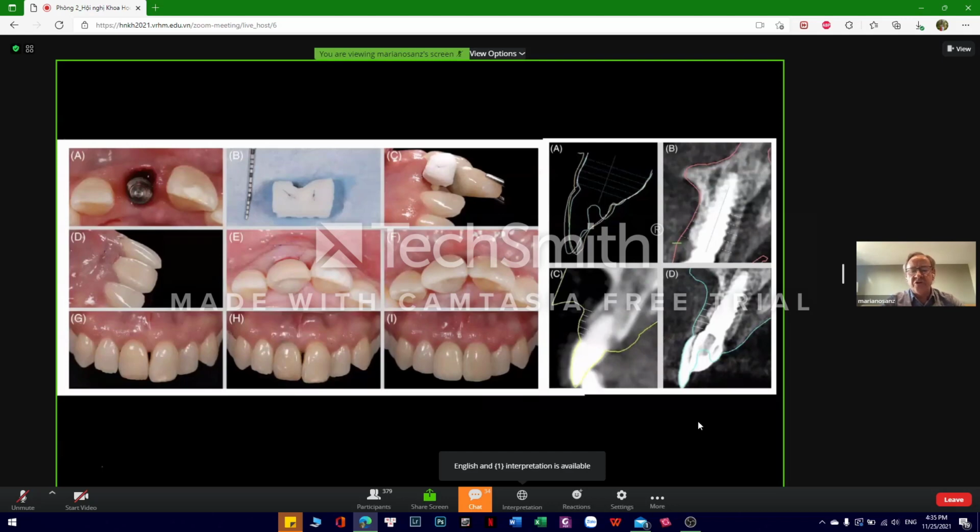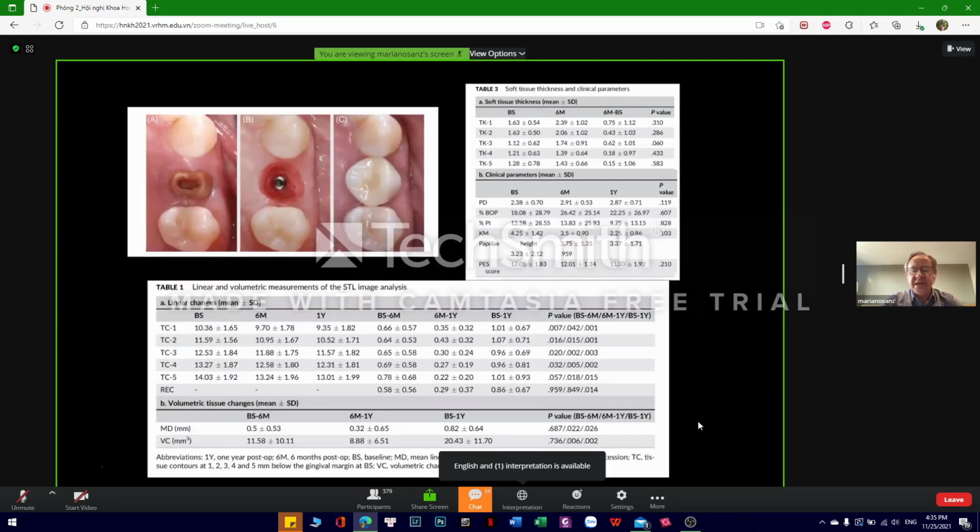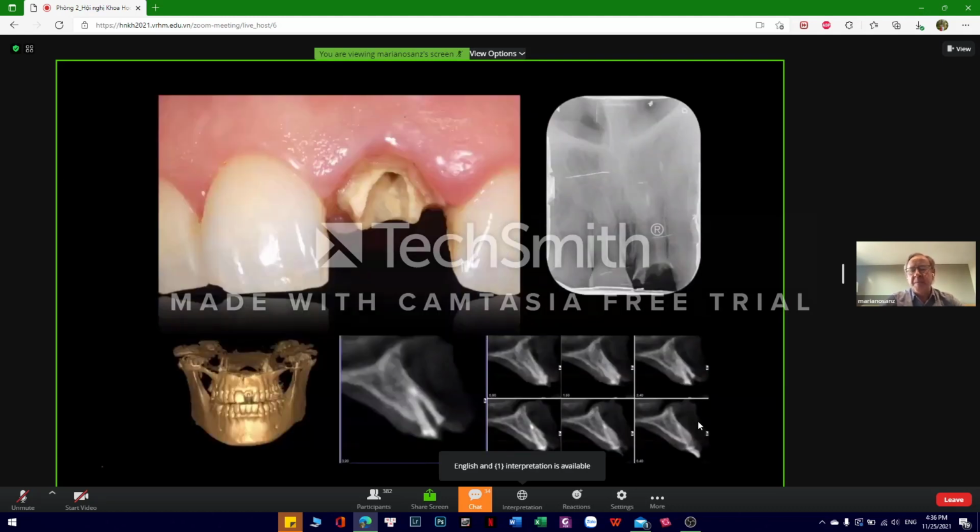And this is the data. I'm not going to go into detail on the data, but what I can say is that we were able to maintain most of the profile from the pre-extraction to basically 1 year post-extraction, when we evaluate the whole ridge profile after the final restoration. And basically, this is, in a nutshell, the